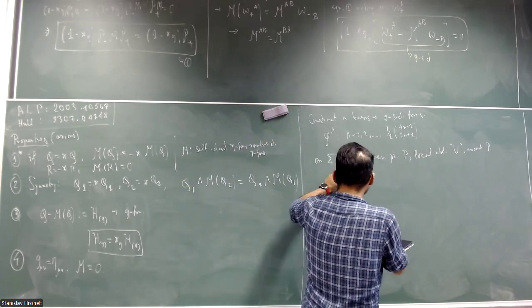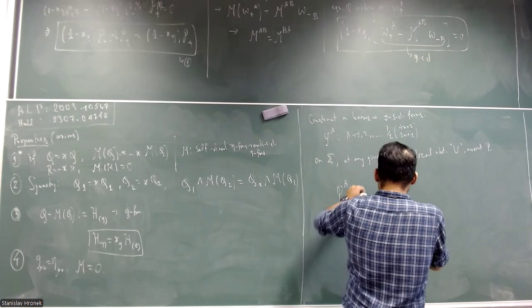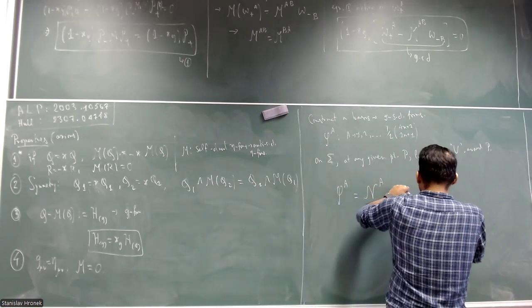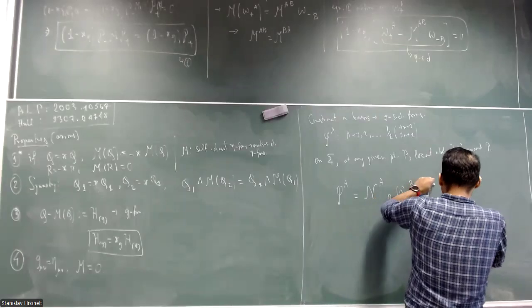So the claim is that I should be able to find some matrices which I'm going to call M and K